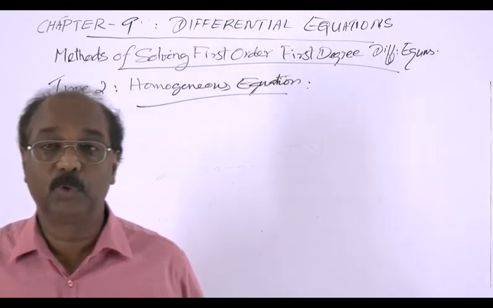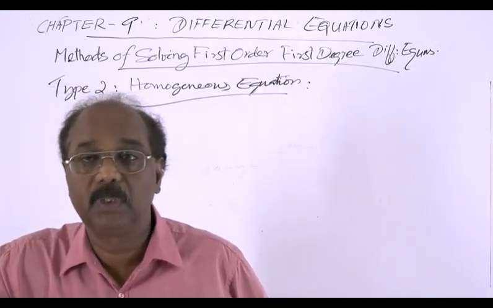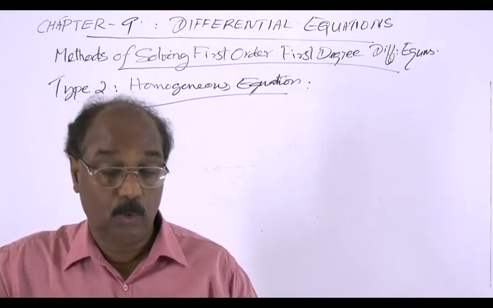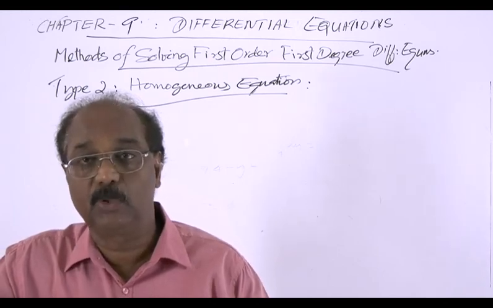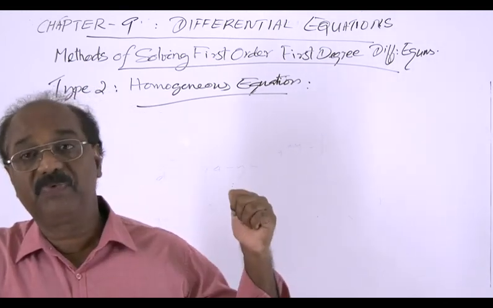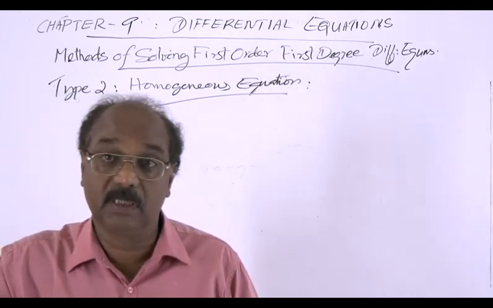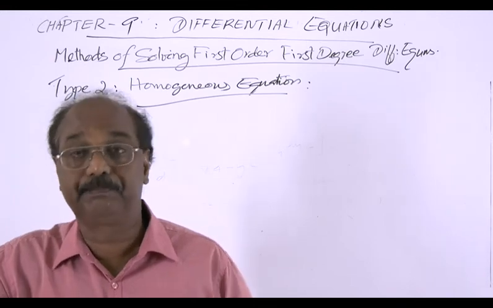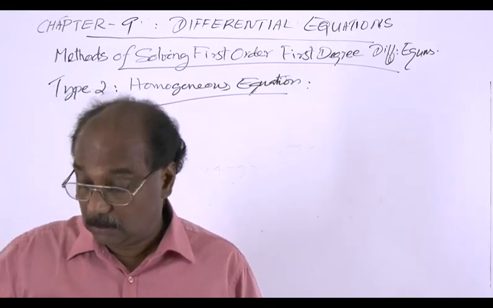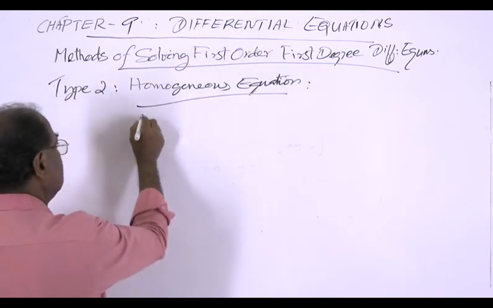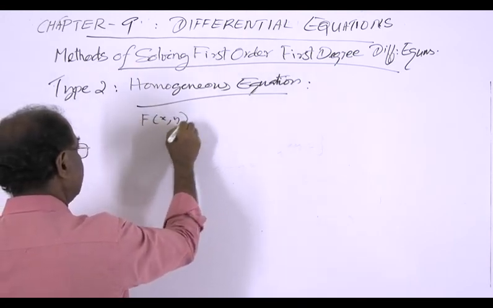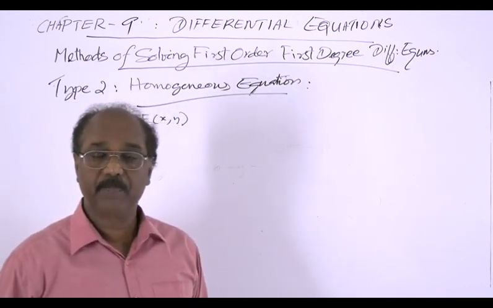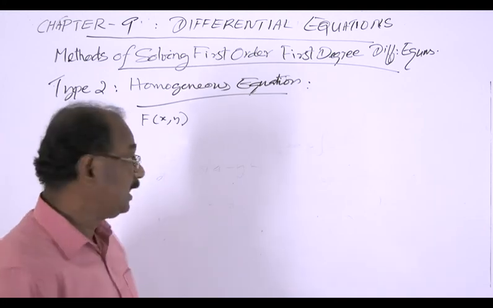Now the solution of type 2 differential equation, which is the homogeneous differential equation. Before defining this homogeneous differential equation, we will first define a homogeneous function. A function in the variables x and y, say f(x, y), is said to be homogeneous of degree n